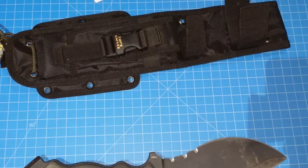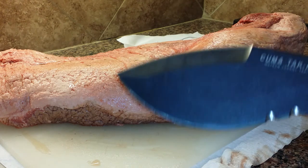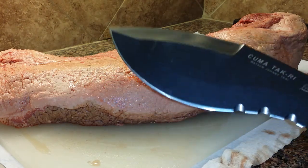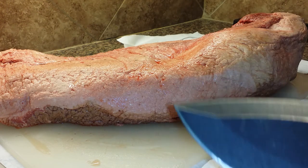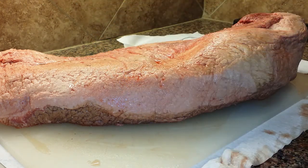All right, folks. Now, I already had a bunch of cool video with this chopping through a pork loin. Now I can't find it. I think I deleted it, but luckily we have some brisket here. And maybe we'll just do a quick brisket test and then see how it cuts for trimming purposes and stuff. So it's not just going to be a traditional stabby brisket test, but also